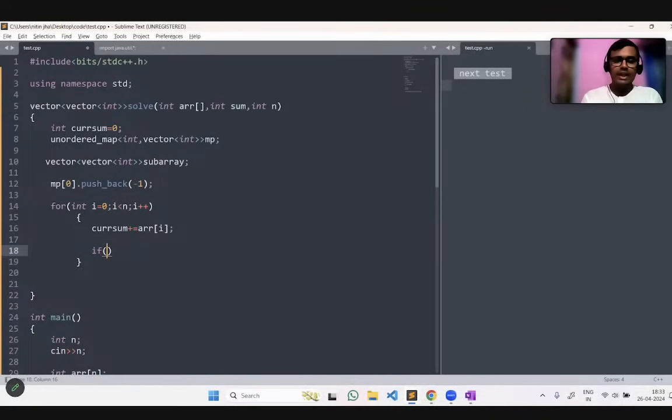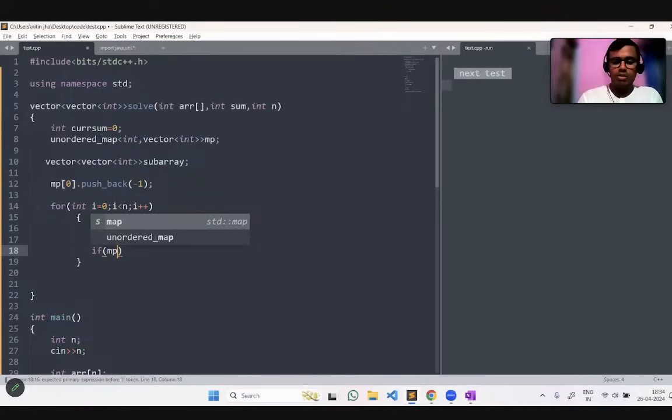Now we just have to check whether the value we get by subtracting the total sum from the current sum is already present in our map or not. If present, then we have found certain subarrays that we need to get. But if it is not, then we have to move forward. How will we check? In the map there is a find function.